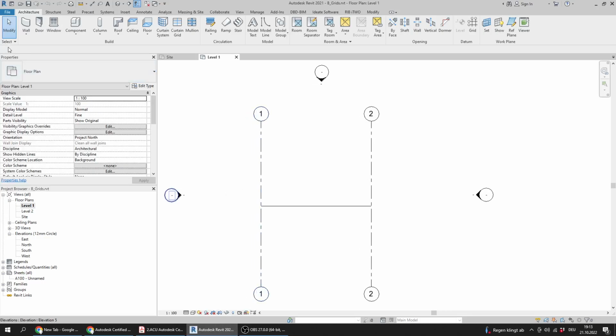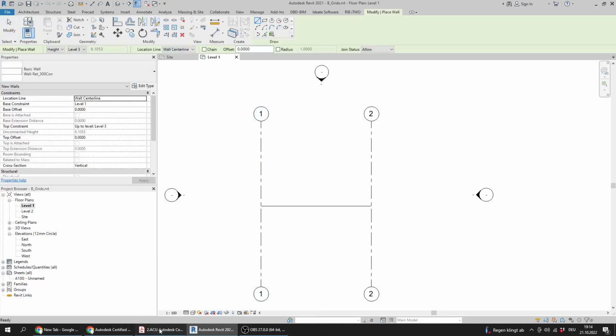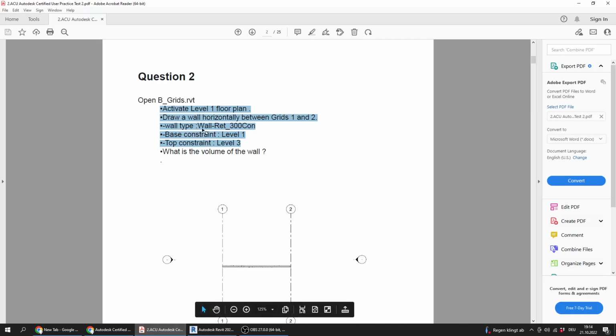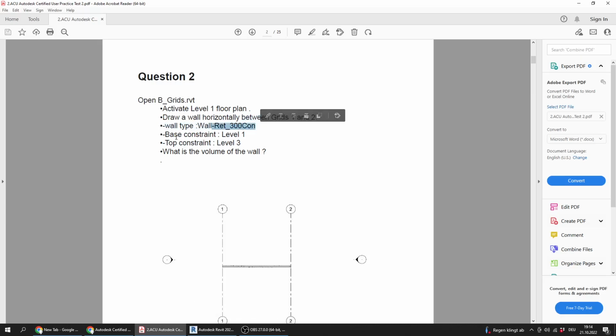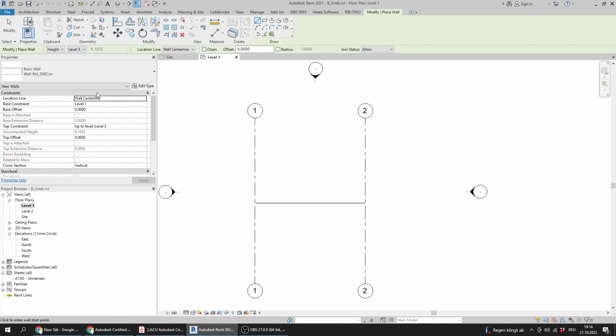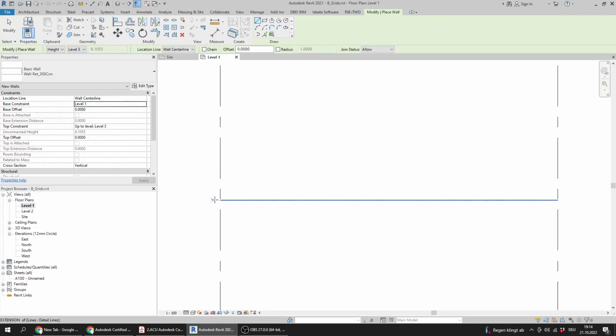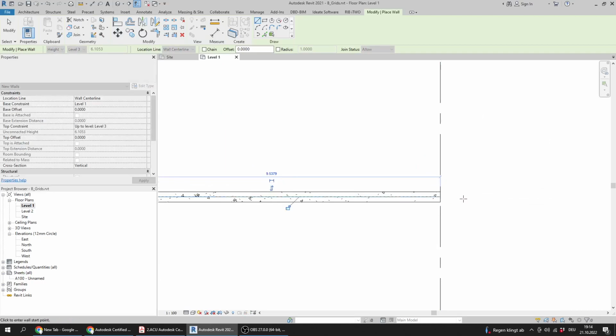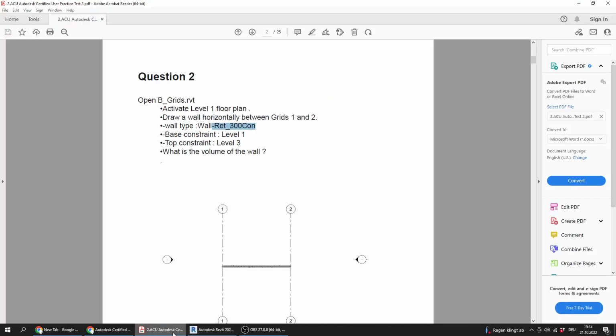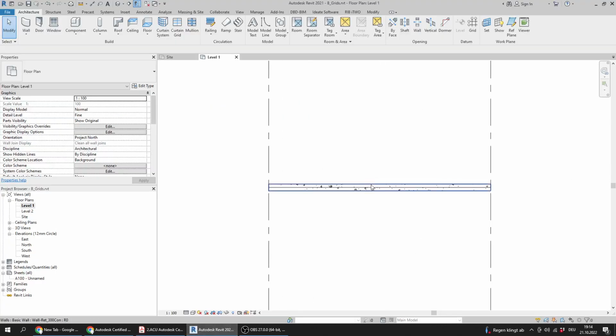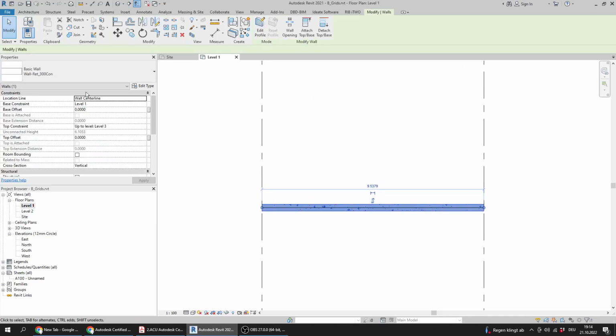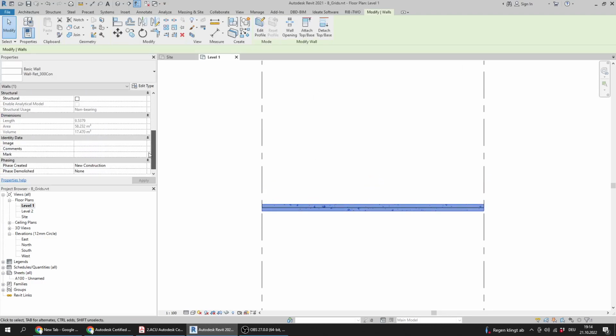So I will go to create a wall, and the wall type is this wall type, and the base constraint is Level 1 and the top constraint is Level 3. So that is the type, okay, with the base constraint Level 1 and the top constraint Level 3. I will draw the wall here, and what is required is the volume of the wall. To get the volume of the wall, I will go here and I will find the volume of the wall is